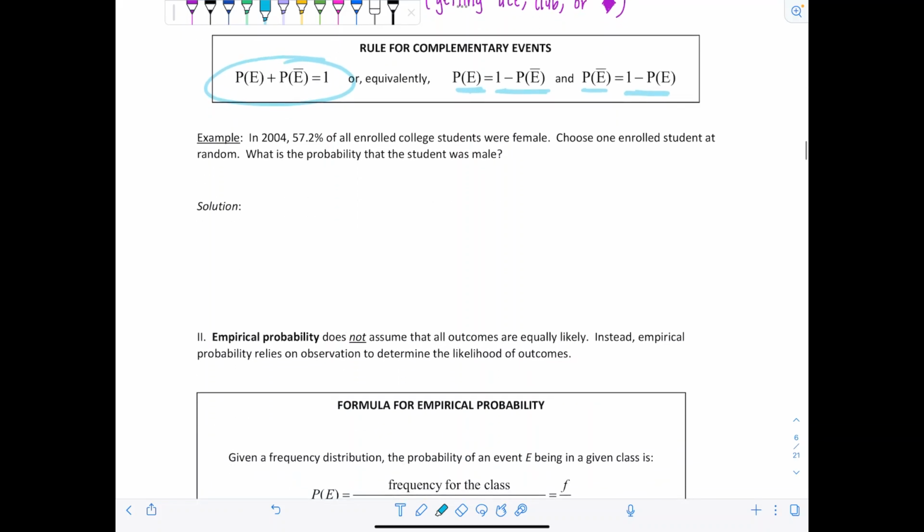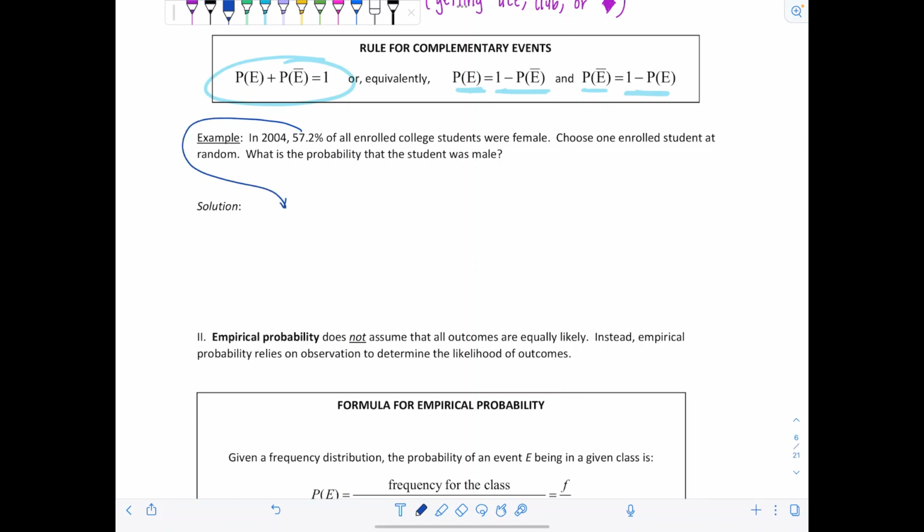So first one, in 2004, 57.2% of all enrolled college students were female. Choose one enrolled student at random. What is the probability that the student was male? Okay, so